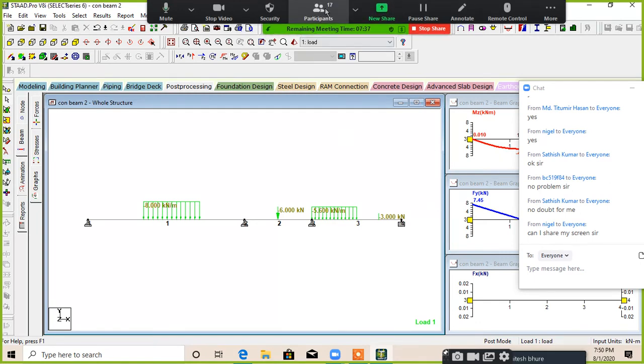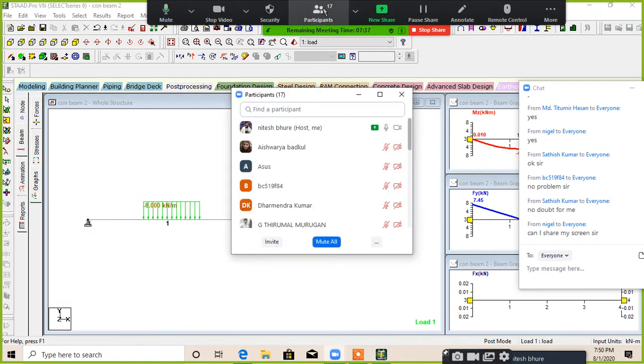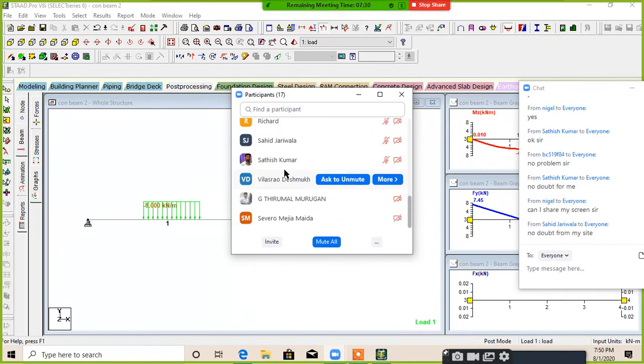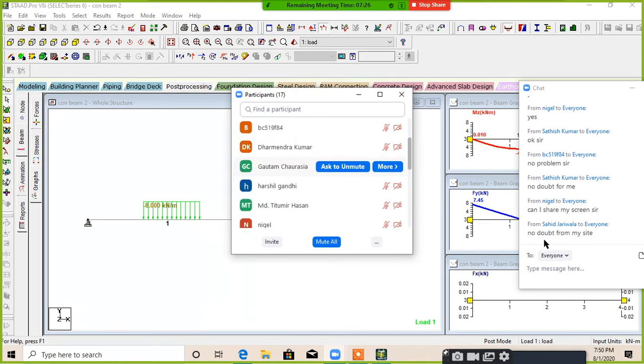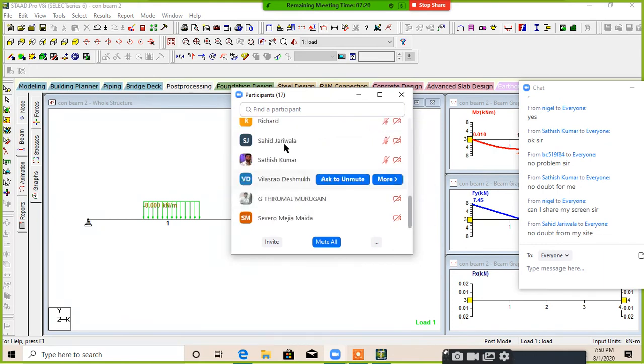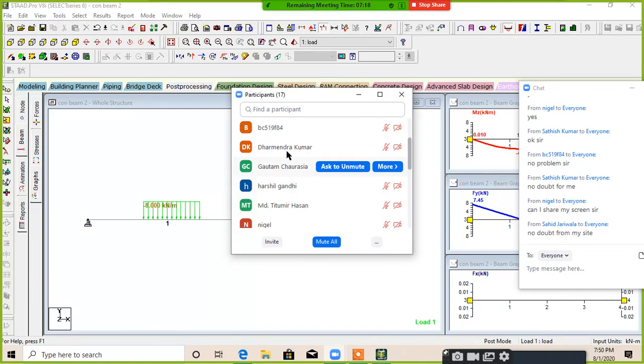But I need to allow you, I think. Is there any problem? Nijal, just send me a screenshot on mail if you want to show something.